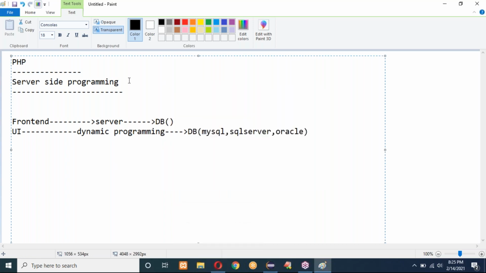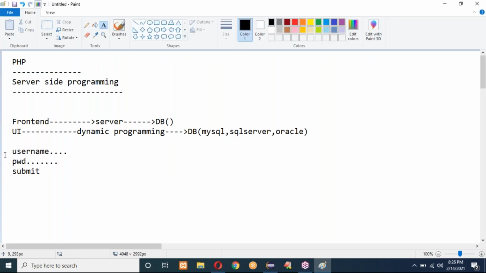Here normally I enter the username and password. In the front-end page, I enter the username in the username input field and the password in the password input field, and I click on the submit button. Who will check whether the username and password exist in the database or not? Who will check? Front-end people or server-side people?